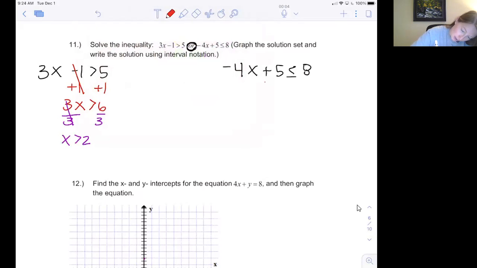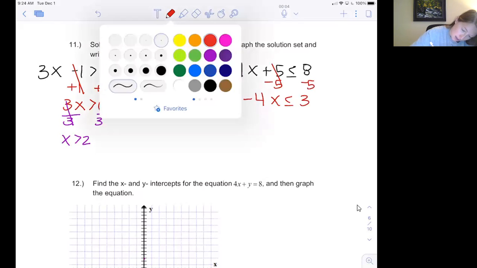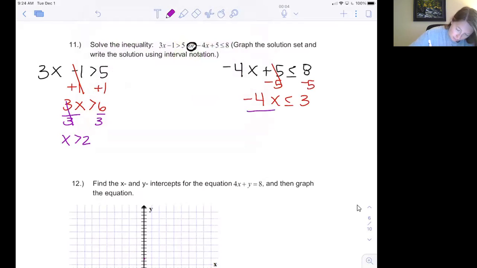And now over here, I'm going to subtract 5. So I have negative 4x is less than or equal to 3. And now I divide by negative 4. So remember, when I divide or multiply by a negative, I have to flip the sign. So now I'm going to have x, and I flip the sign,